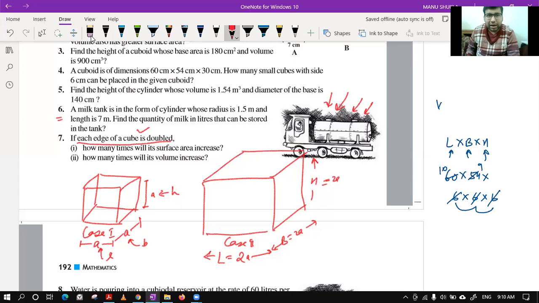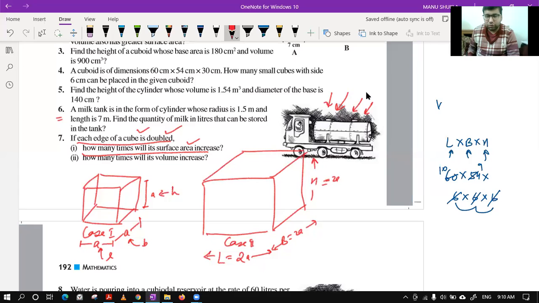Now they are saying how many times will its surface area increase? We have seen we are changing the edges 2 times. The question is how many times the surface area will increase? Will it increase also 2 times? The question may come in your mind. Some will say as the edges are doubled, maybe the surface area is also doubled. Some may say this thing, but that is wrong. Okay, Shaurya, I think you are correct, but we have to understand how it works.